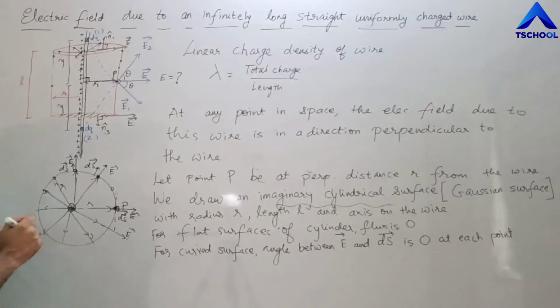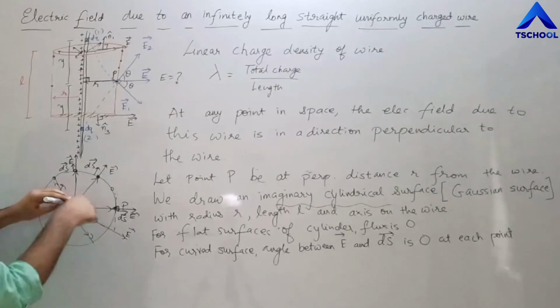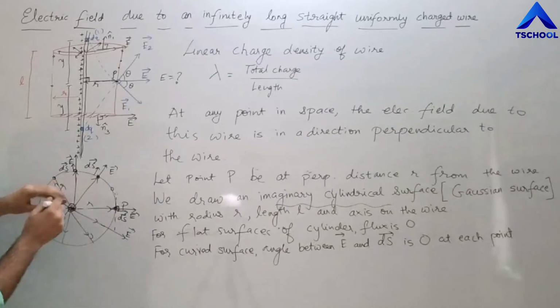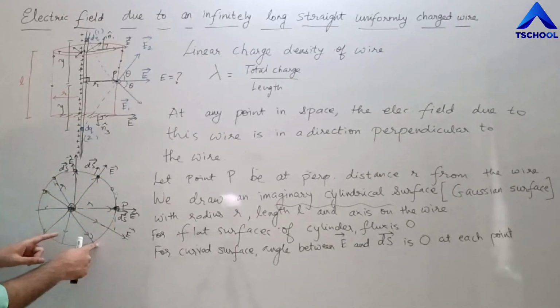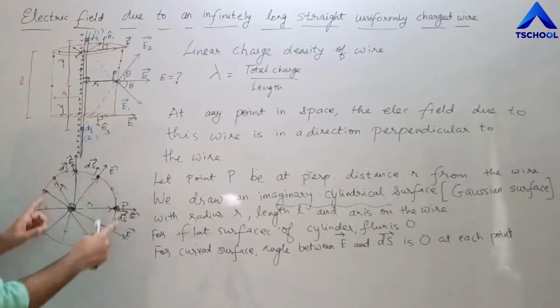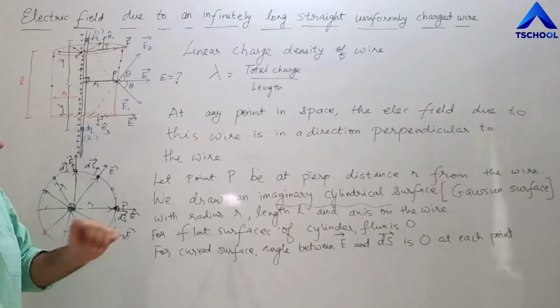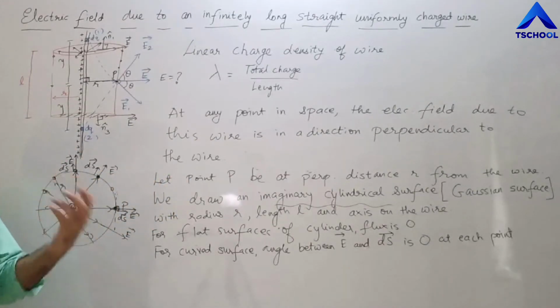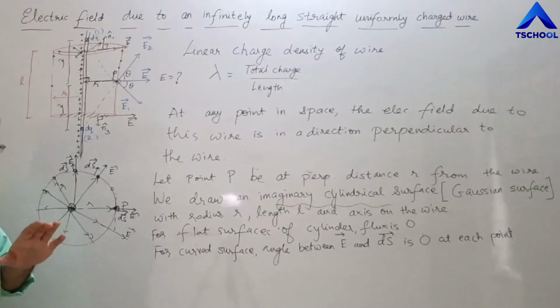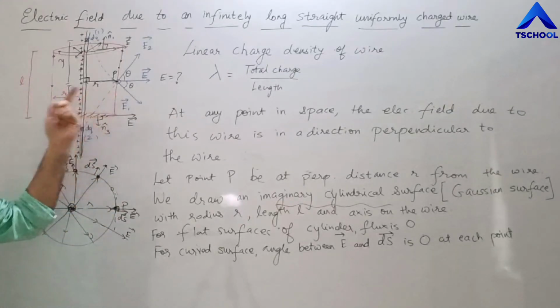The wire is located right here at the center, and in every direction its distance is r. So the magnitude is going to be the same for every point, but the direction is different. So the field is not uniform. Remember this, the field is not uniform, but the magnitude is the same at all these points on this cylinder's curved surface,